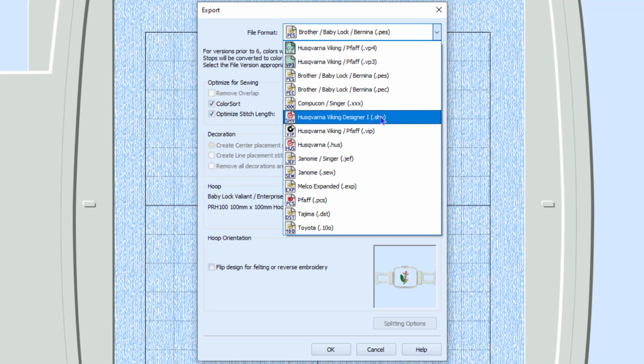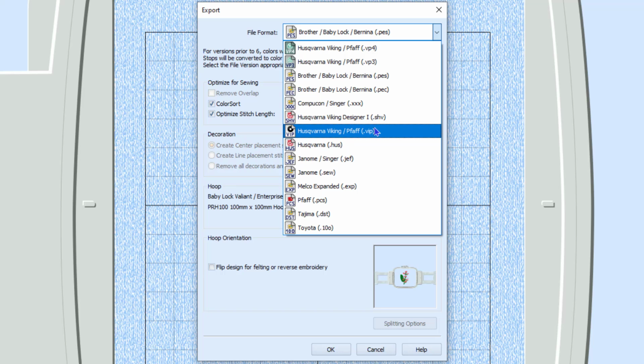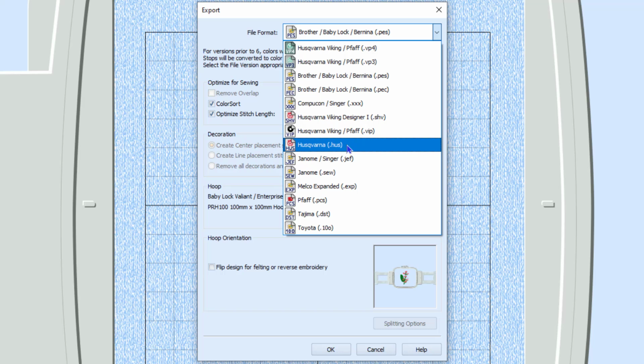Here's an SHV for Viking. This is older than a VP3. The VIP is even older than an SHV, and the Hus is the oldest of all. For the most part, the main difference is that the Hus design, for example, rather than saying forest green for